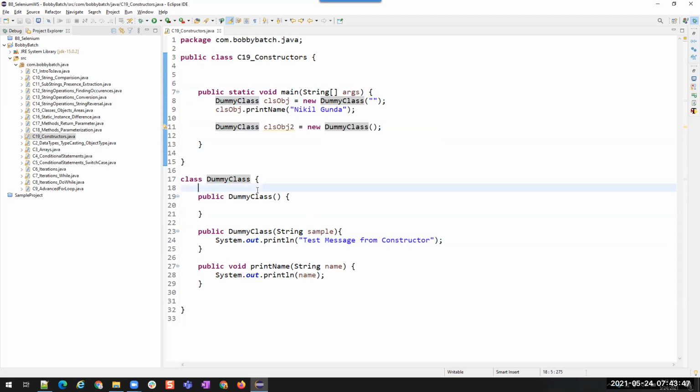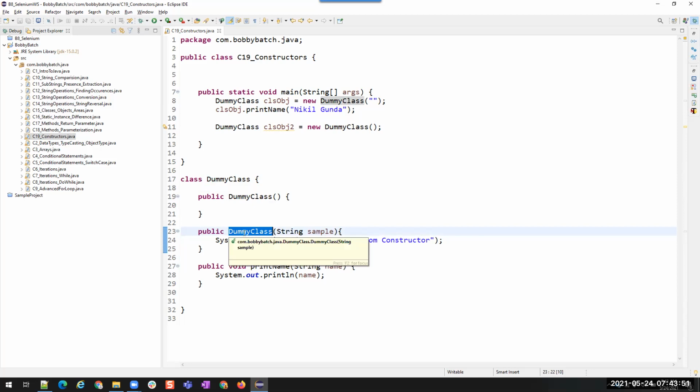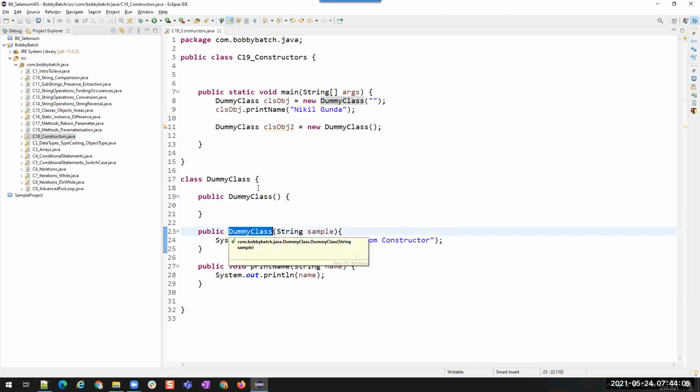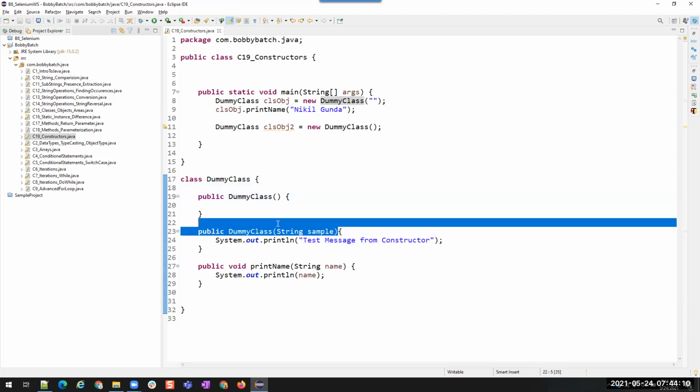Right. So this concept you see here: the same method name, same as the dummy class name. It can have the same name for different methods with the concept of method overloading that we'll see a little later. Though this is a duplicate name, dummy class and dummy class, it is still allowed because one doesn't have any parameters and the other has one parameter. This is another concept called method overloading that we'll see when we are learning about object-oriented programming.